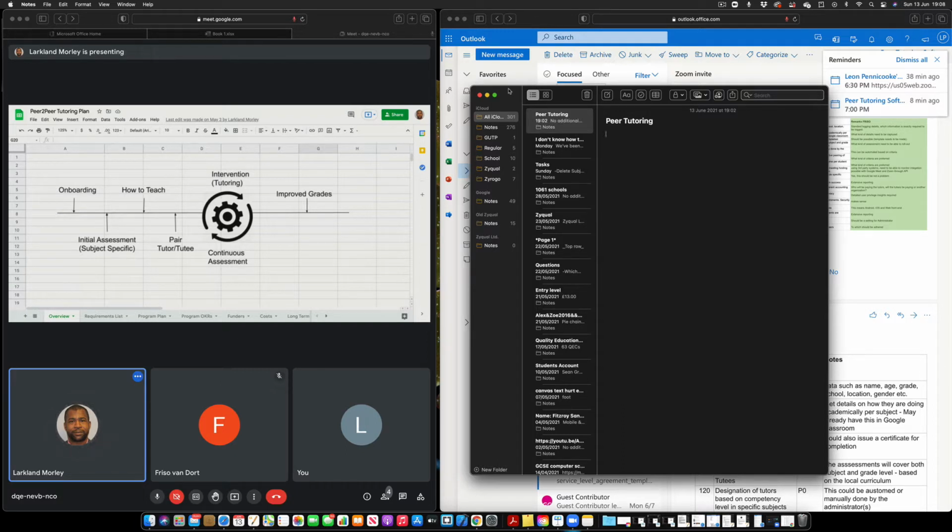It would have to be automated, because we've not talked about the number of users and how many students there are. There are over 1,000 schools in Jamaica, lots and lots of kids, so there wouldn't be enough team members to sit down and go through them. So we'd have to have some prerequisite in terms of how it's done.